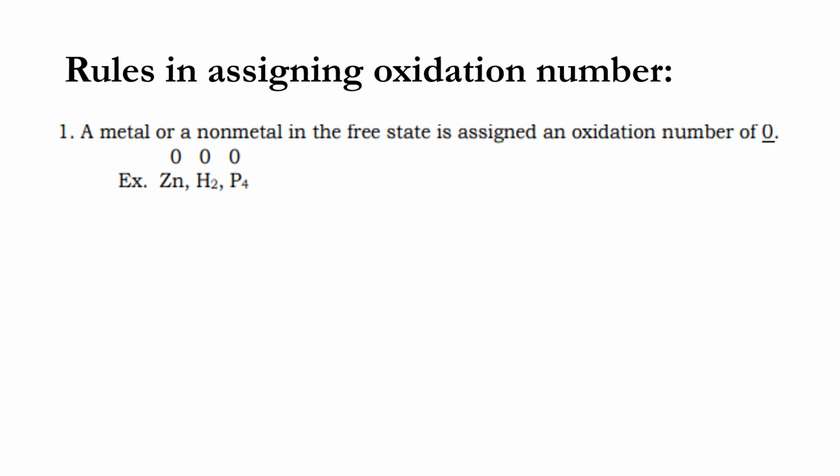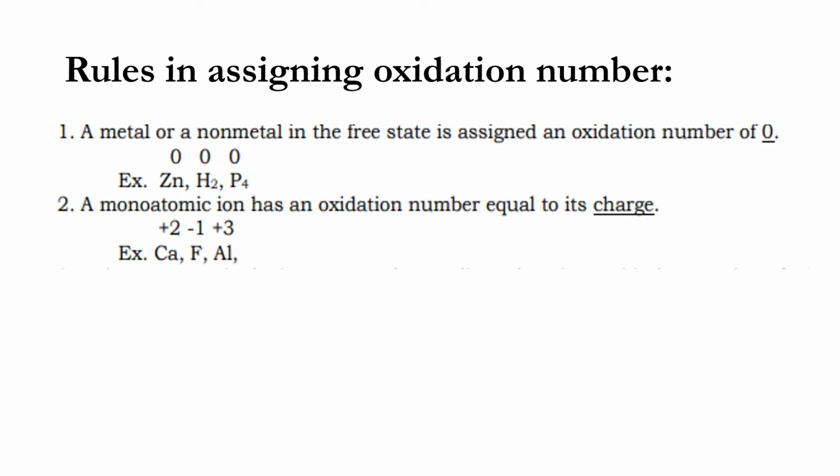Hydrogen molecule, whether it has 2 or more atoms in one unit, for as long as it's free, it has no other atom combined with it, the oxidation number is also 0. Same thing with phosphorus here, with 4 atoms in one unit, still uncombined, free, the oxidation number is